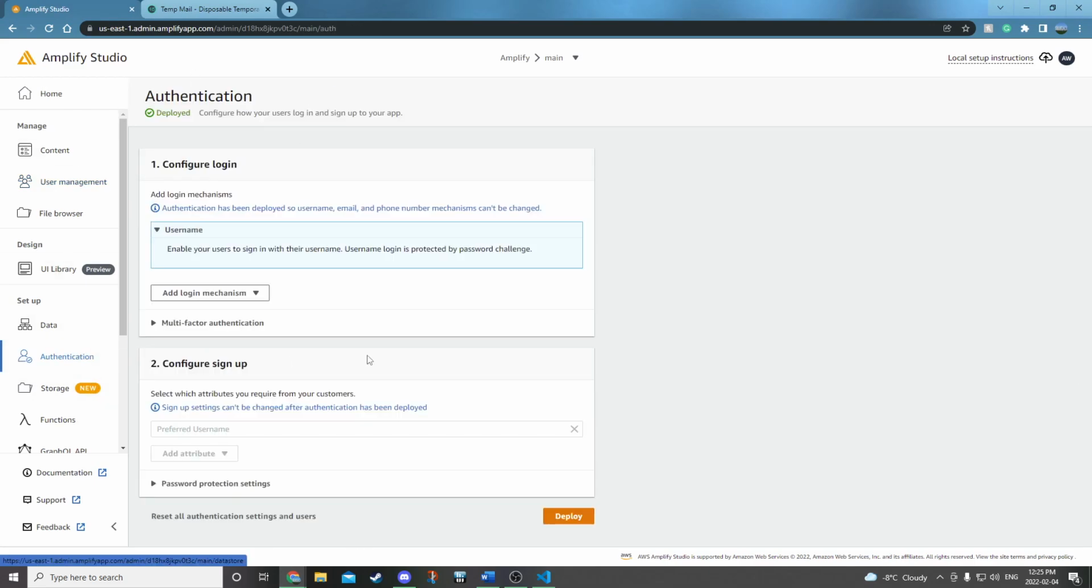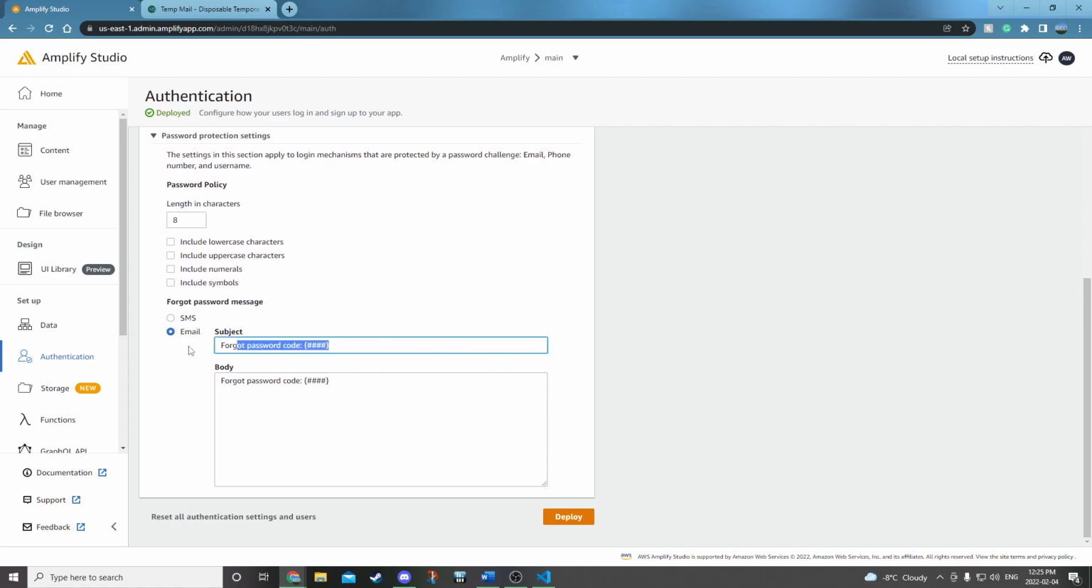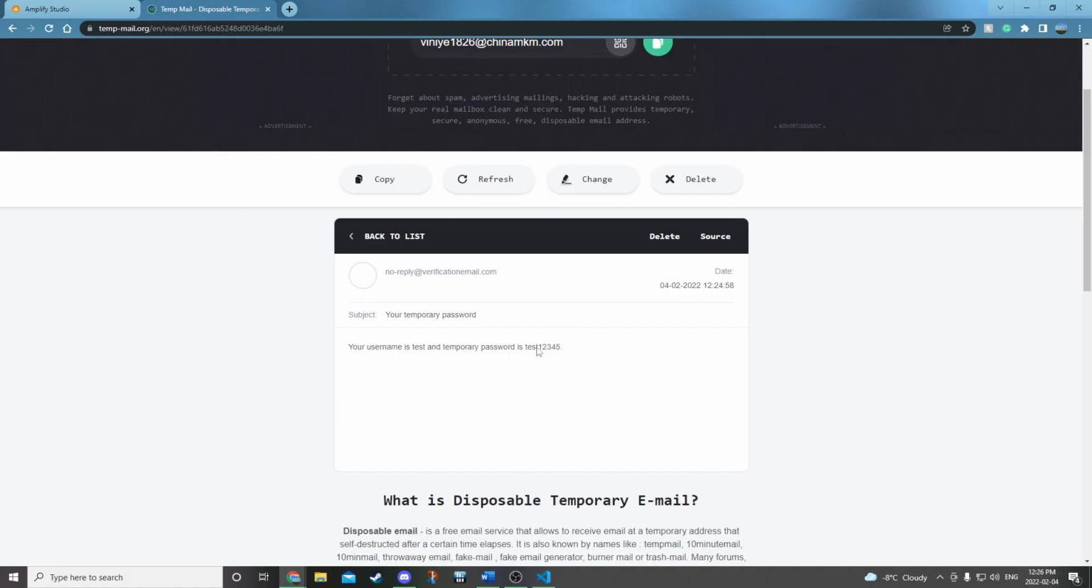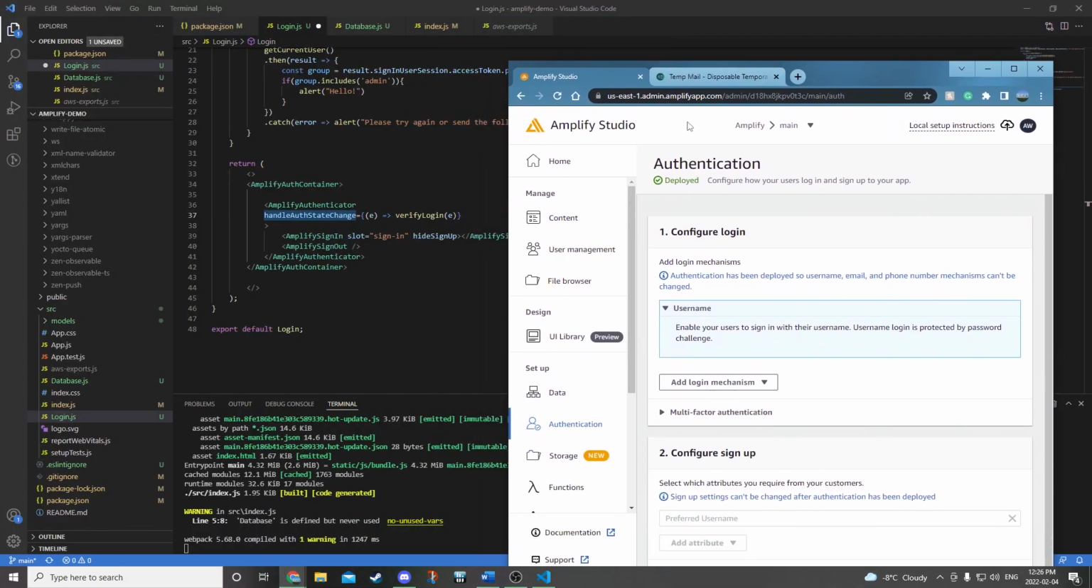Now, in the authentication setup page here, I believe we are able to actually alter what some of the messages are and say what is actually put in those emails. However, I believe that's only for forgotten passwords. I'm not sure about the initial temporary password. But we have our username, we have our password. Perfect. Now if we go back to our application,